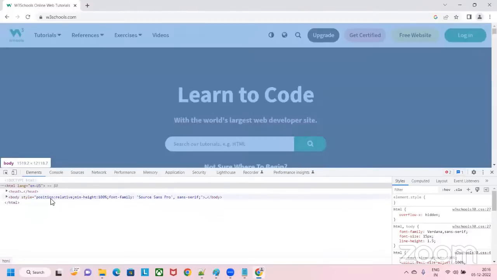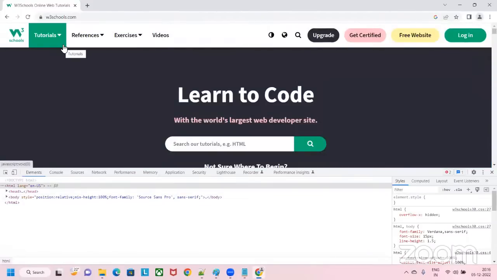If you take any HTML, elements are the basics of HTML. So if you take this one, tutorials, this is an element, which is a basic of HTML. On W3 Schools, this is an element. If you consider the whole page as HTML, then each element forms the HTML. So HTML is a set of elements. And how to represent this element, if you ask me, the syntax